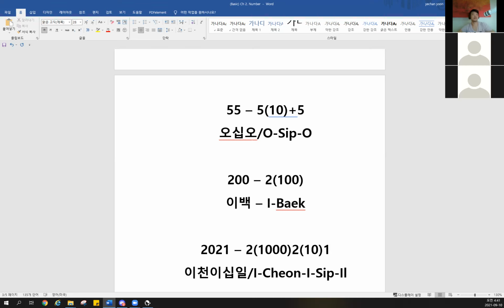2021. This is how you can write down 2021. Difficult, isn't it? But you just need to memorize the format, then it's going to be super easy to write it down. The format is number first, and you have to calculate which position each number is in, and then go to the next number, check which position it is, and then you can just calculate like that. Not that difficult, everybody. All right, then let's go to